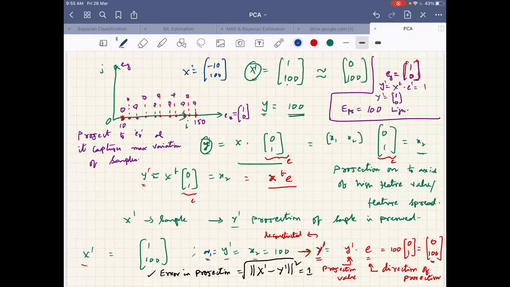So how do you know it is -10? Error is usually the distance that people want to see, the error in projection. So even if it is +10, 100 or -10, 100, you have the same error in projection.